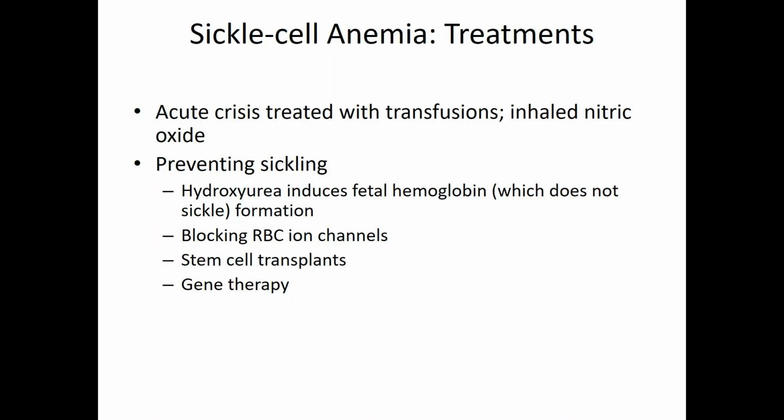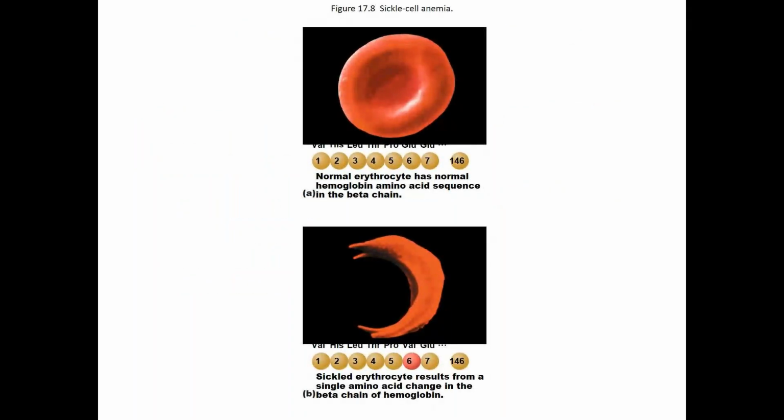Gene therapy, not so much. Gene therapy really isn't going anywhere. In general, there are very few positive treatments for gene therapy that we've noted. Stem cells, again, not as promising as you might imagine. There are a lot of complications with stem cell transplants that aren't with something like hydroxyurea. And just for the record, in case you were curious as to what these things look like, normal red blood cell versus sickle red blood cell. Again, the only difference there is the lack of oxygen bound to that hemoglobin.